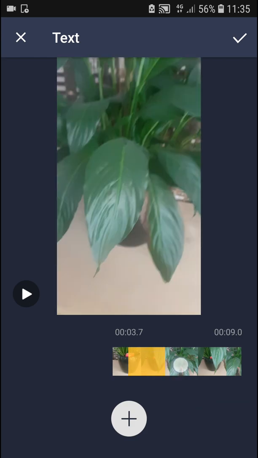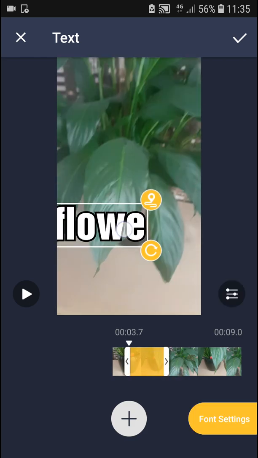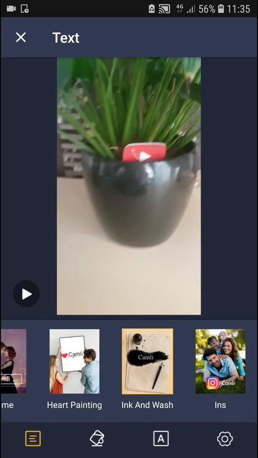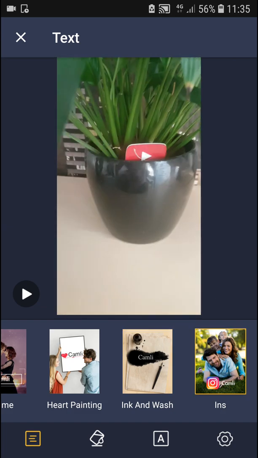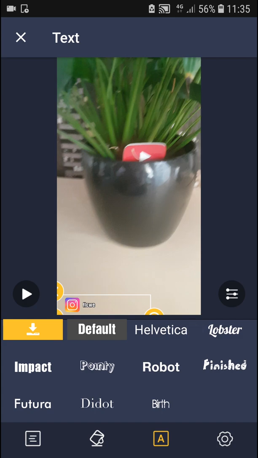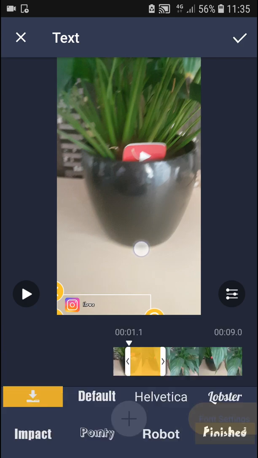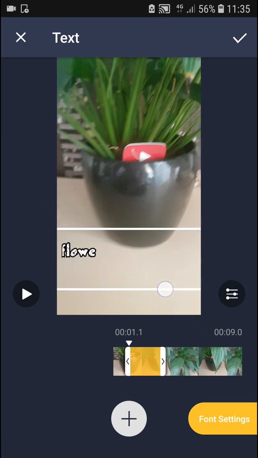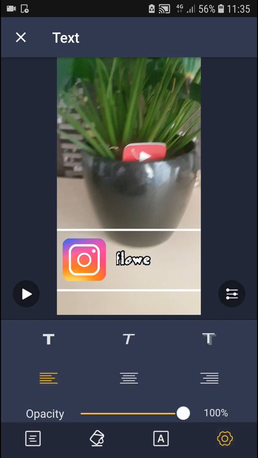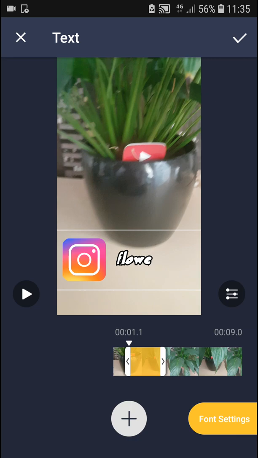I can make it bigger, shorter, make it stronger. And also when I'm going to click font settings, you can change the theme of it. Or you can just insert also color of it. I will leave white. And now you can also change the font of it. But let's make it bigger. Like this. And then you can just align it, make it stronger as I mentioned. And now change the opacity, make it bold. That's a better wording. So when you have it,